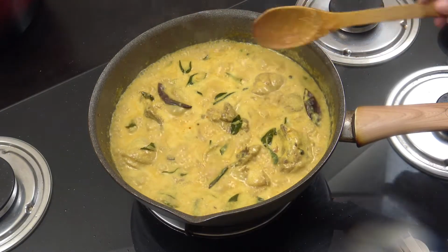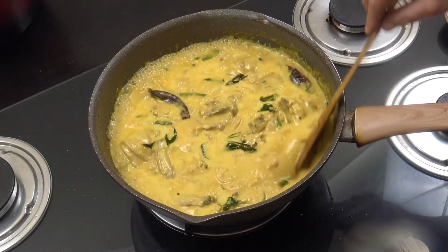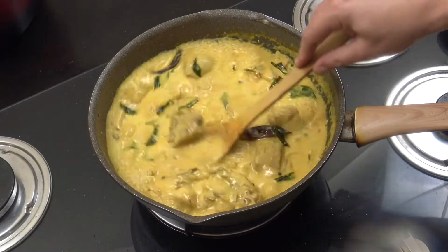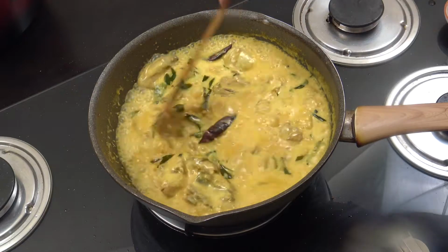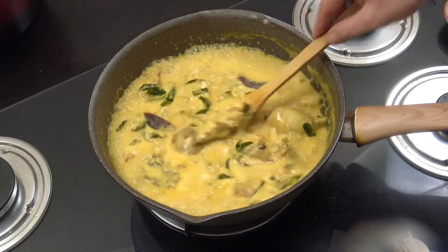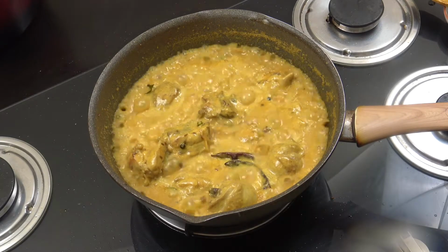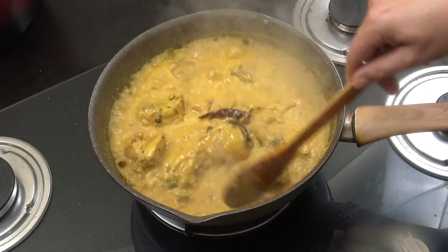Now what I like to do, because this is too wet for me, we're going to get the heat up really high, and we're going to go maybe for 3 or 4 minutes, and it will thicken as it evaporates out, and you can get it to whichever consistency you like. So I'm happy just there, so I'm going to turn the heat off. You can see it's evaporated out, thickened up slightly. I mean, you can go more if you want,